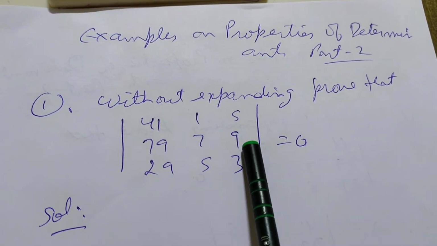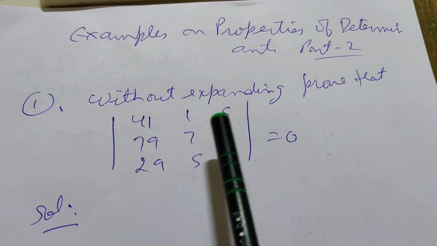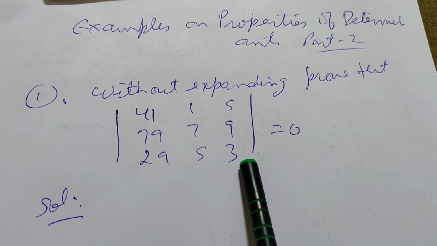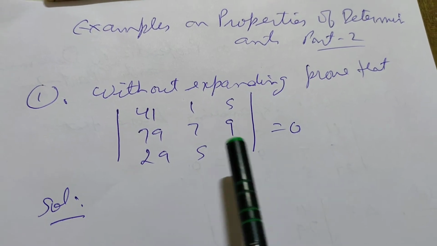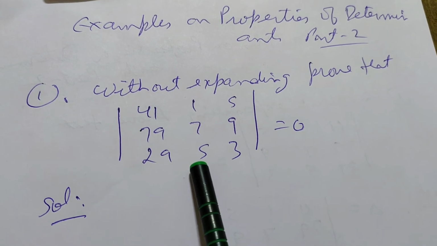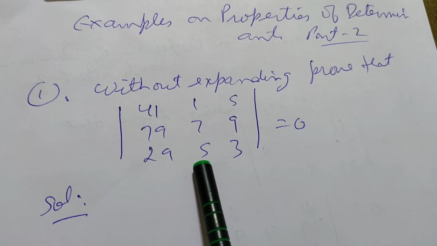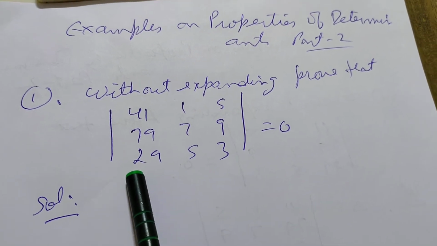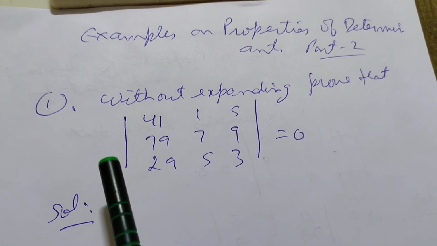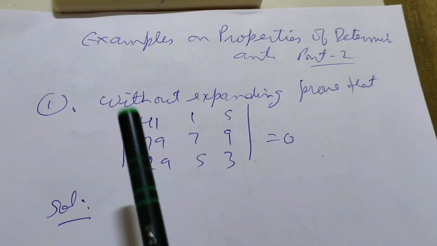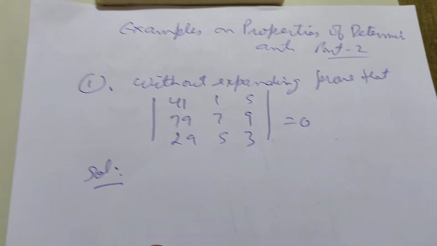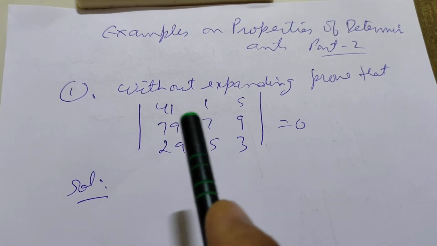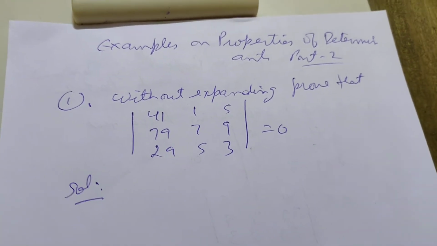Similarly, multiply 9 with 8, 8 into 9 is 72, 72 plus 7 is 79. Similarly, I multiply the third element of column 3 with 8, 8 into 3 is 24, 24 plus 5, adding the third element of column 2, what I get is 24 plus 5 is 29, that is equal to the third element of column 1. So we'll get identical columns. So let us do this one. What is important is that you have to think over it, and after some time you will come to know if any relation is between the elements or not.